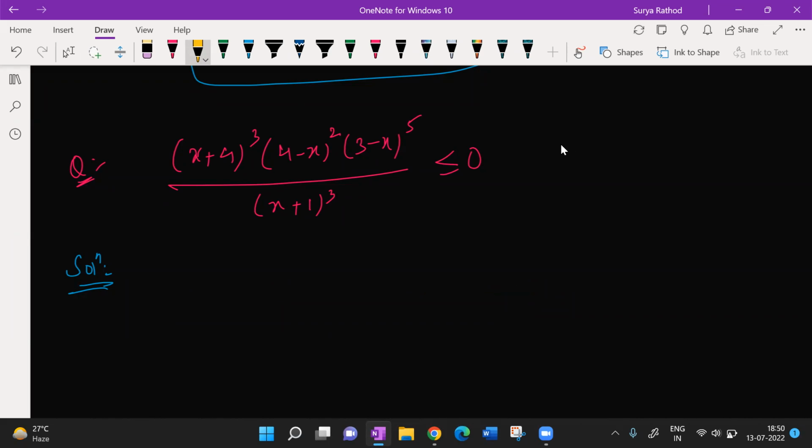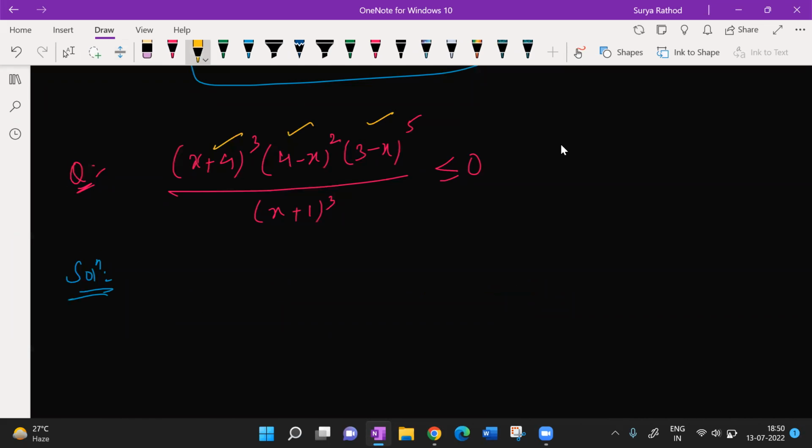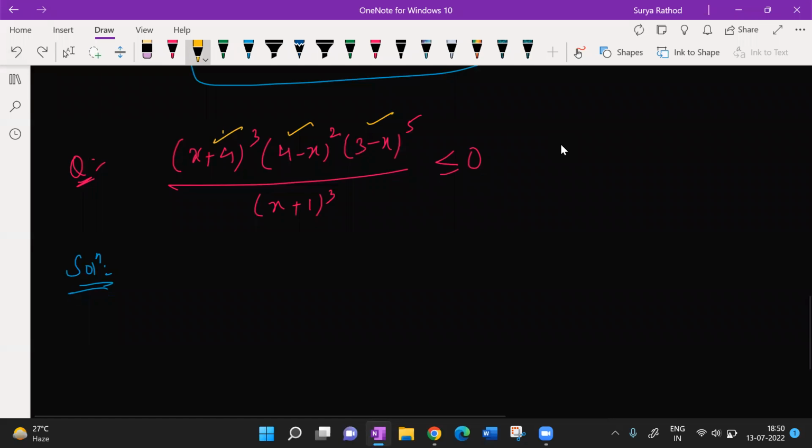Yes. So what you have to do now, first of all, check the coefficient of x. Here positive, here negative, here negative. Make all the coefficients of x positive. How do you make them positive? Take minus 4 common: x plus 4 whole cube. If I take minus common here, it won't make any sense.